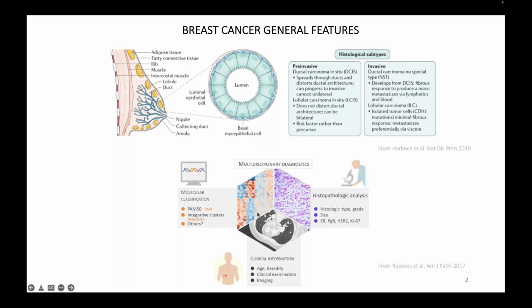So digging, and with the advances of the technology, several improvements were done. First, immunohistochemical analysis allowed to describe the three main receptors that are involved in breast cancer response: estrogen receptor, progesterone, and HER2. And then a very remarkable advance in the development of breast cancer diagnosis, that was the PAM50